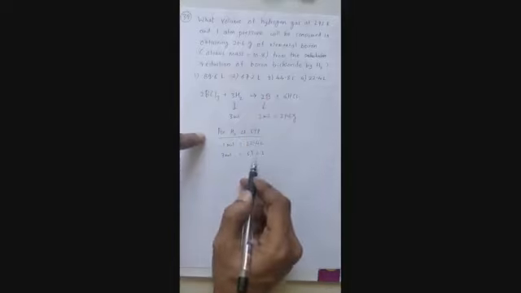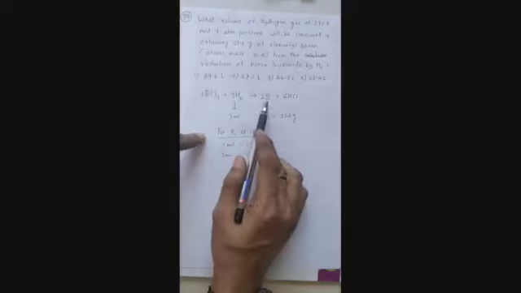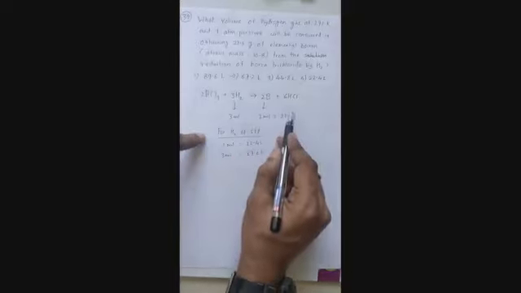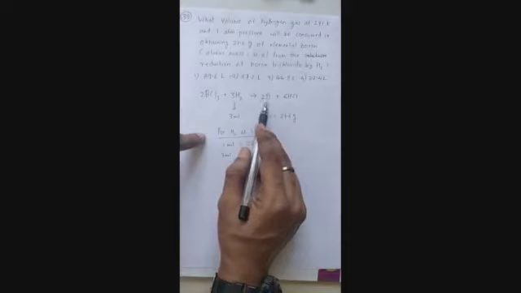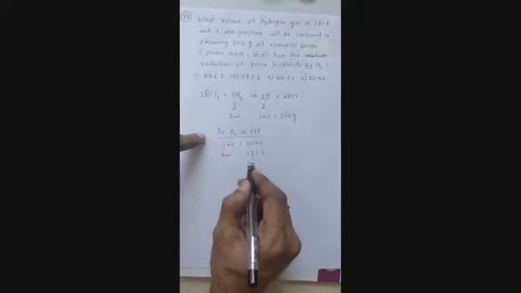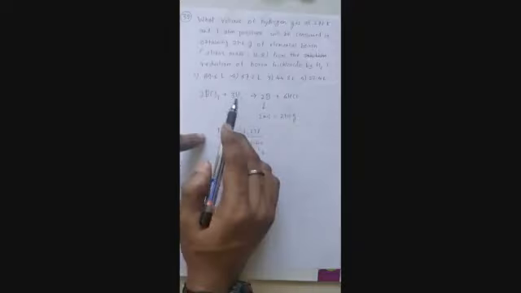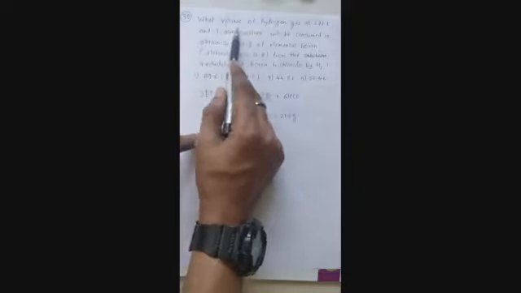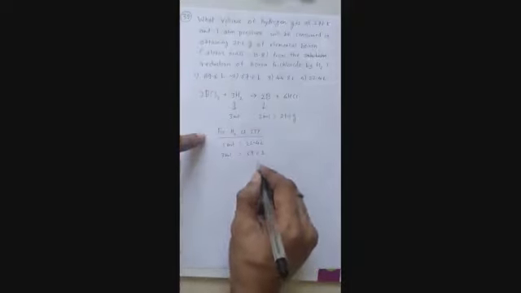This is the second one. Are you getting it? From the reaction, it is very much clear that in order to produce 21.6 grams of elemental boron, 3 moles of hydrogen are consumed. But 3 moles of hydrogen is 67.2 liters because we are supposed to find volume. Correct? That is your answer, second option.